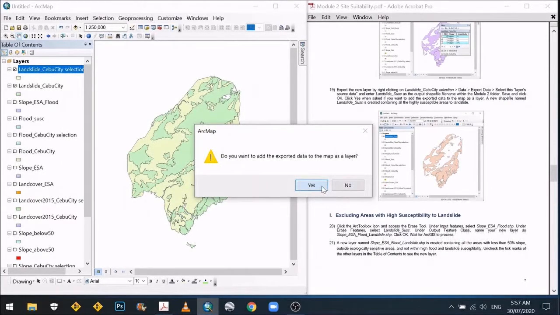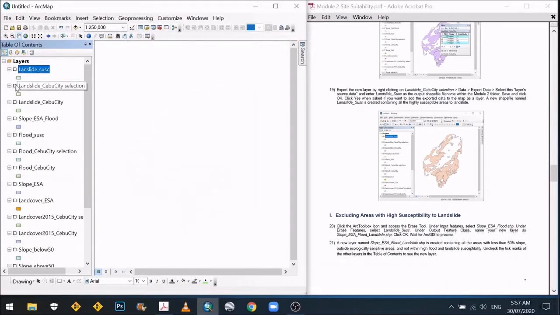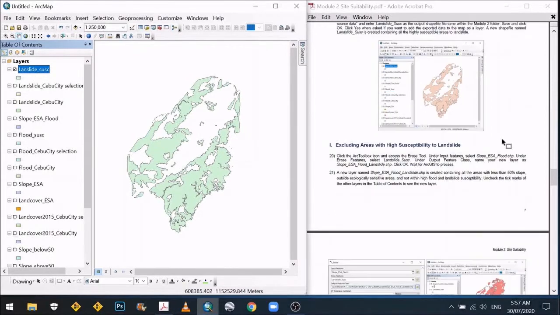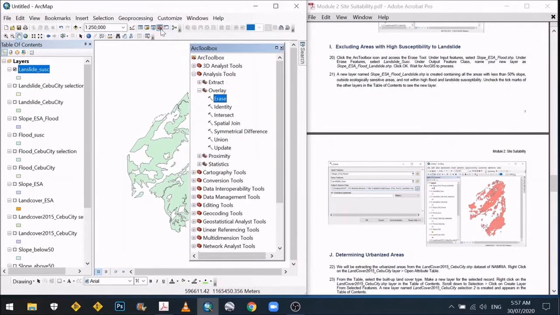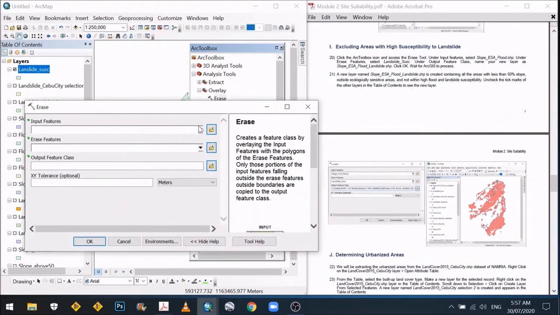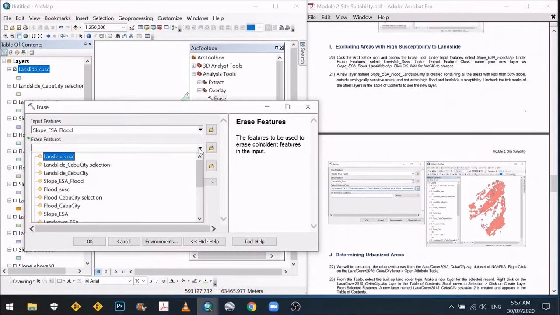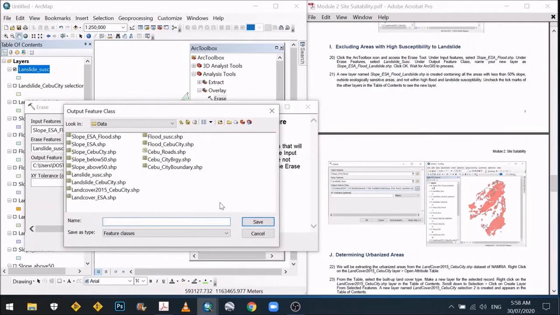Okay. So you have now a layer containing all the highly susceptible areas to landslide. Next, we exclude areas with high susceptibility to landslide. Again, we use the arc toolbox, the erase tool, input features, slope, ESA flood, and then the erase layer is landslide susceptibility. And then under output feature class, name your new layer as slope,